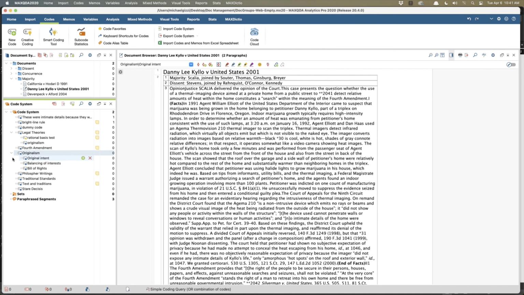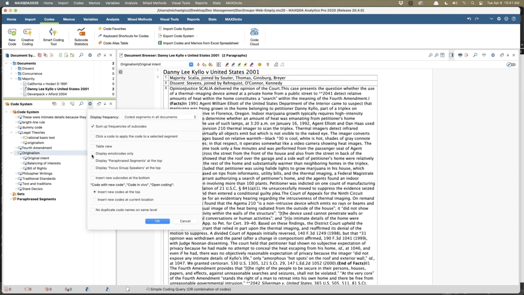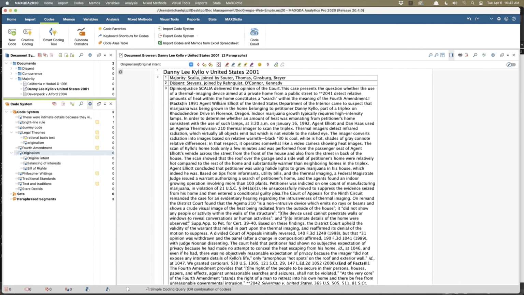MAXQDA will allow you to have codes with the same names. I generally don't encourage it. You can limit it yourself so that no duplicate code names exist on the same level. So that's another tool that's useful. So importing from a spreadsheet, pretty simple, pretty straightforward.